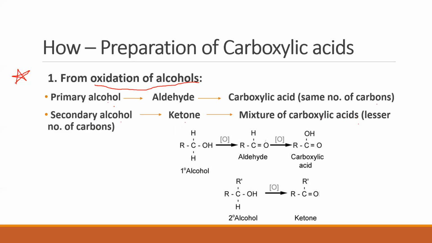Remember, we spoke about mild oxidation and strong oxidation when we introduced this. Each one of these steps is mild oxidation. If I convert an alcohol to carboxylic acid directly, we called it strong oxidation. I also gave you a homework at that point of time to make a list of mild and strong oxidizing agents and reducing agents. Clear? I hope you are able to recollect this reaction. I will not be going into this reaction further because this was already done in alcohols. Just remember, this is one of the methods starting from alcohols.